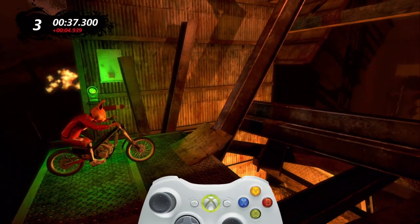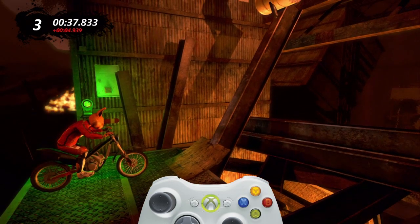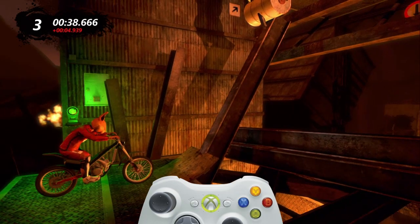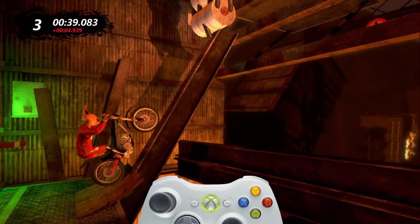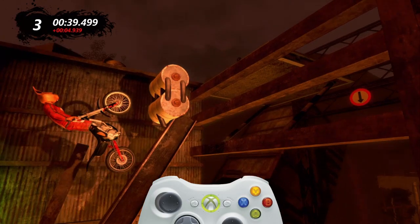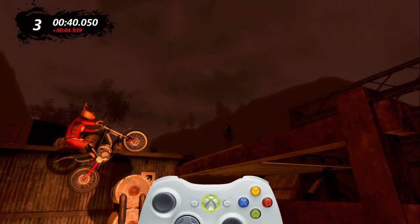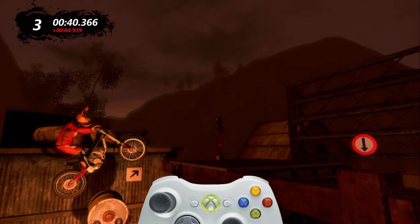Now let's focus on the second example from Inferno 3. With this one, I strongly suggest that you start from a seated position, start accelerating at 100%, and only when your front wheel starts lifting up off the ramp would I suggest that you lean forward to start propelling yourself over the barrels. The key difference between these 2 obstacles is with this one, you won't have to stop with